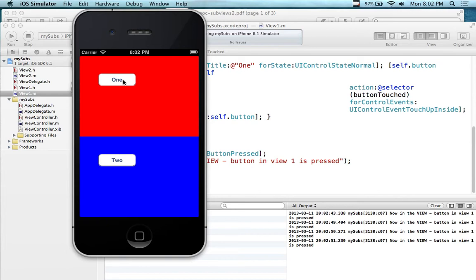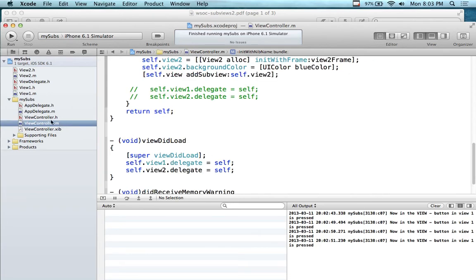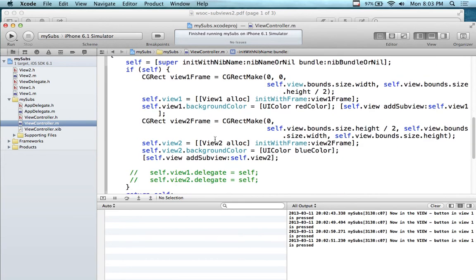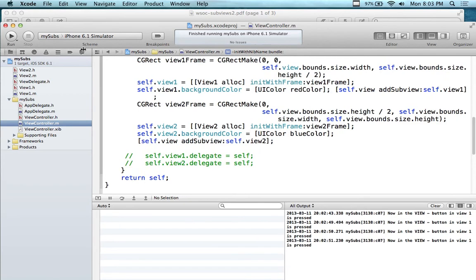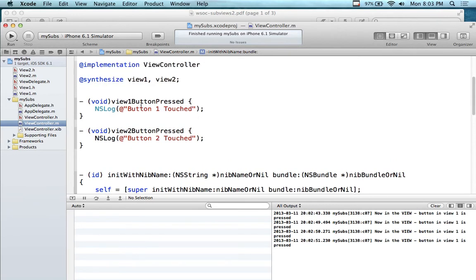So what we did was, I'm sorry? What's the other message? In the view controller, let's take a look. If we go back up to the view controller and look up here, we've got an NSLog coming out. There's another message that's being printed. It's coming out here. We have one here that says view 1 button pressed and view 2 button pressed. So I'm going to put it here now, in view controller, but these buttons aren't working because